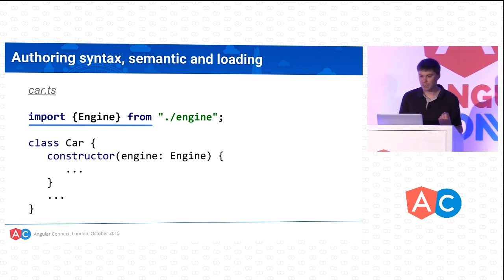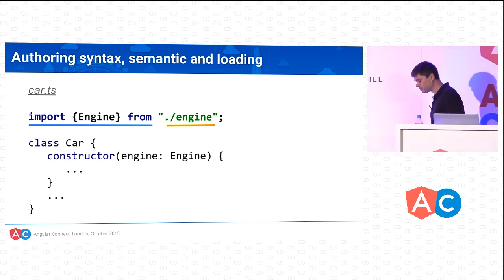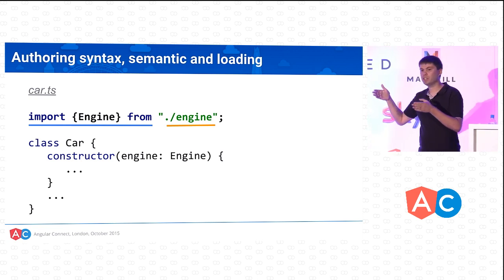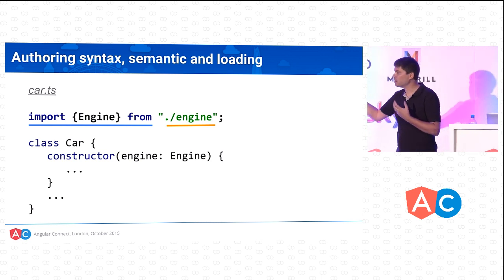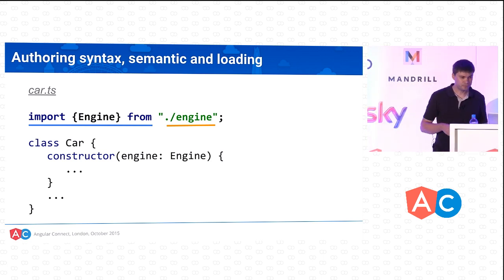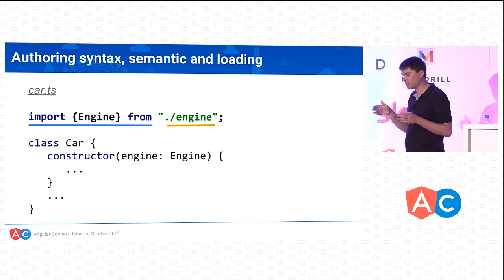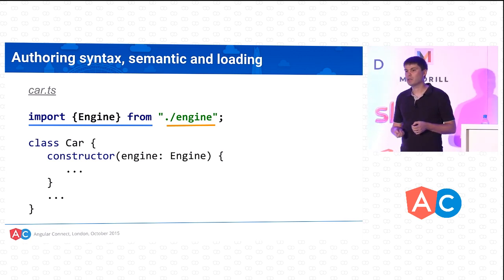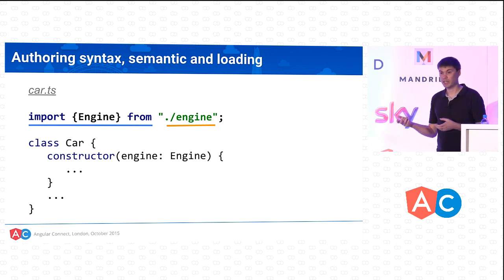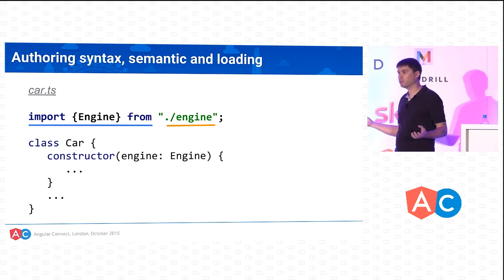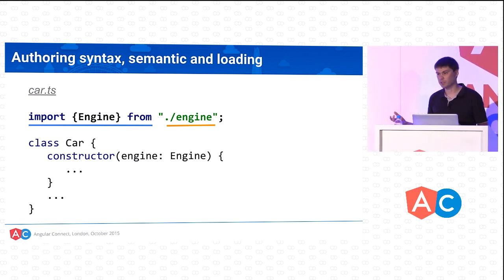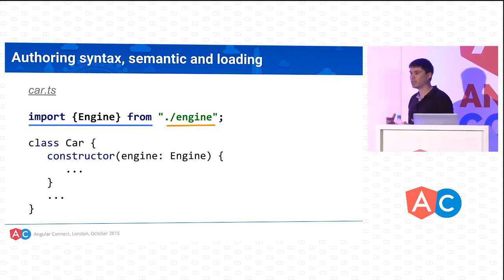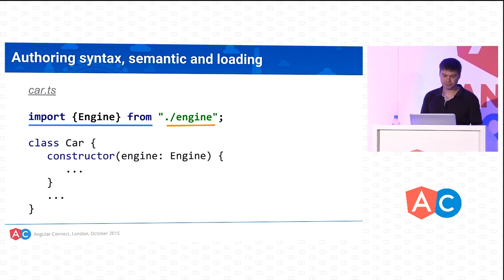Now there's a much bigger problem here, because we are saying import from and giving it a string, which looks like a file name or a URL, a piece of string that points to some other module. The question is, how can we use this string to fetch the code we depend upon? Should it be from a file engine.js or engine.ts? Or maybe it's packaged already in some other file, like my application package.js? And what if my code is written in CoffeeScript and I want to transpile it before? There are plenty of questions like how do I get this code into the browser?